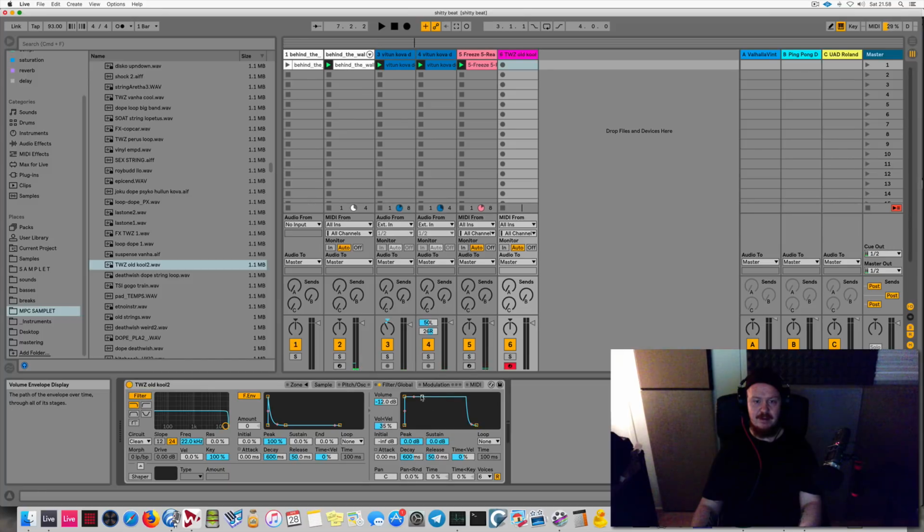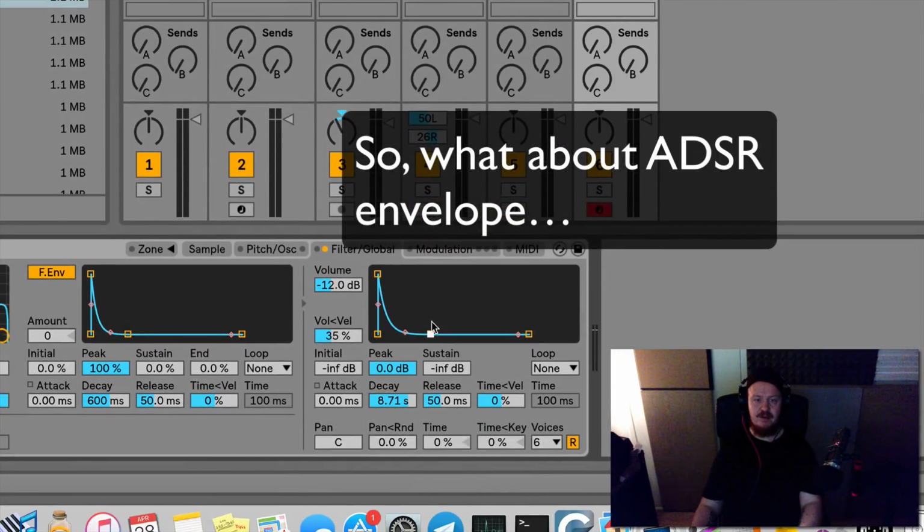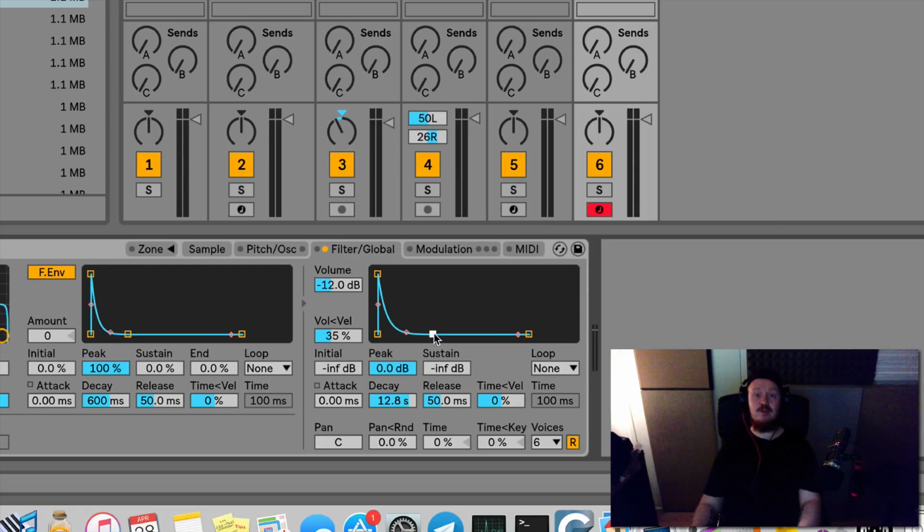An envelope that fades the sound out. I recently had to explain the function of an envelope to a lot of people, to my students, my amazing students. So let me really super quickly explain what an envelope does. Well, an envelope can control pretty much whatever parameter, but this sampler has an inbuilt amplitude envelope, and what it